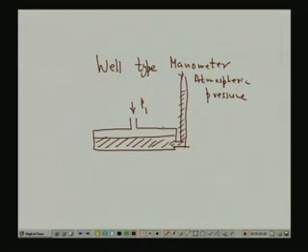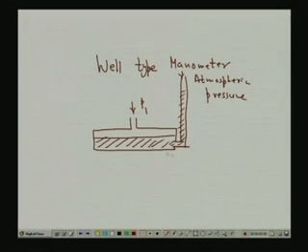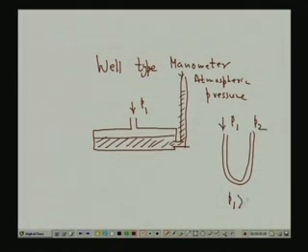Now, the advantage of this well type or cistern manometer is that I have to measure the height only in this column, not here. The reason is this area is so large. In the U-tube manometer, if P1 is greater than P2, the liquid in this column will go down and this will go up, is it not? So I have to measure both columns, and sometimes it is very difficult: you have to measure this point and this point from some reference level, only then will I get the height.